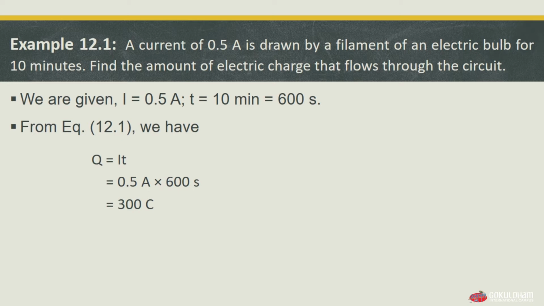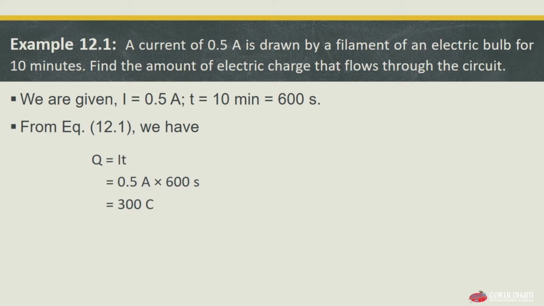Now in this question we have been given the value of I and T, but we have to find the value of Q. So we have I is equal to Q by T. If we want to find the value of Q, we have to take the T which is in the denominator to the left hand side, and it will go in multiplication with our current I. So we have I into T equals Q, or we can say Q is equal to I into T. This is the equation to find our net charge.